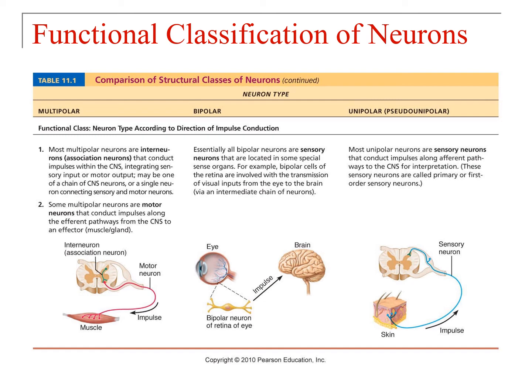Some multipolar neurons are motor neurons, and in a lot of cases, as you can see from the diagram below, you're going to have a neuron that's embedded in the spinal cord and actually goes all the way out to that particular effector. Now with this diagram,